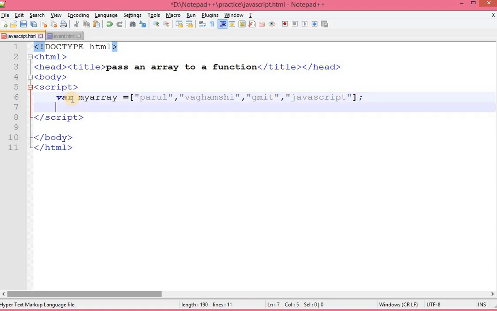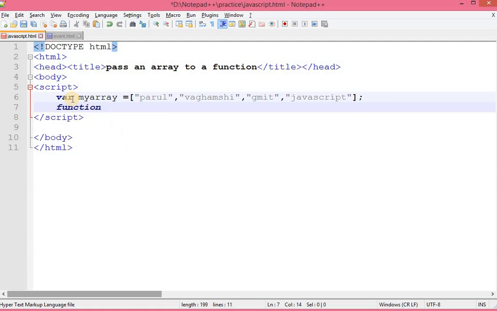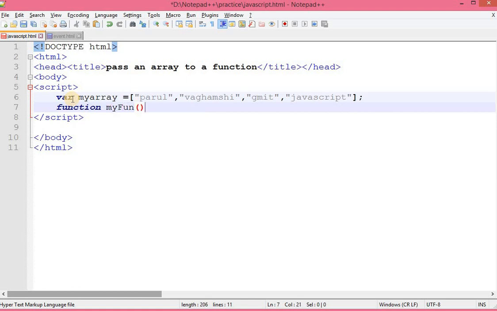Next, define the function which I am going to call to convert this array to uppercase. To define a function, the keyword you have to use is the function keyword. Let's say myFunction.